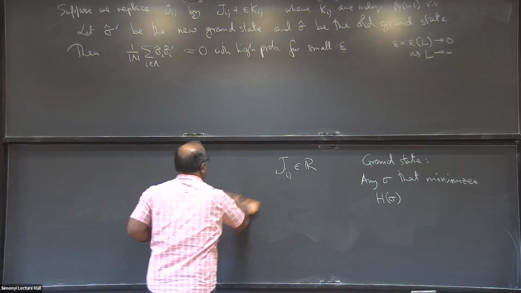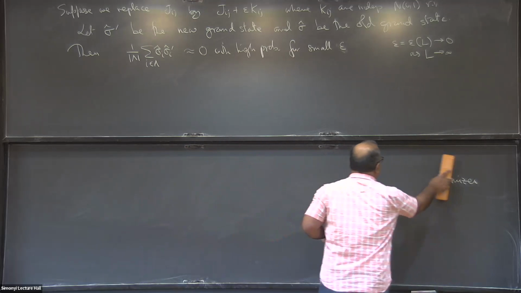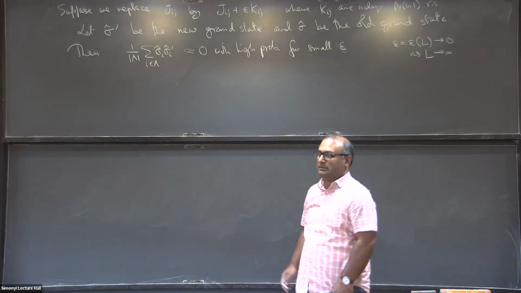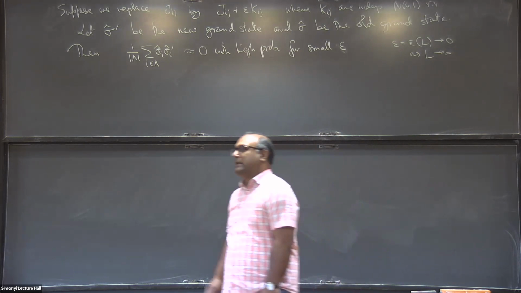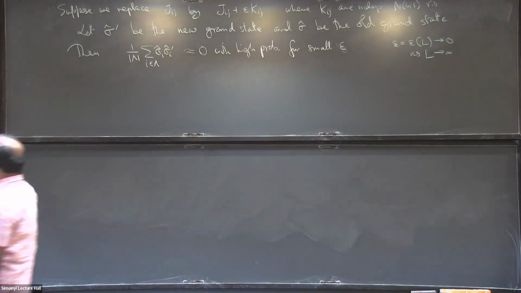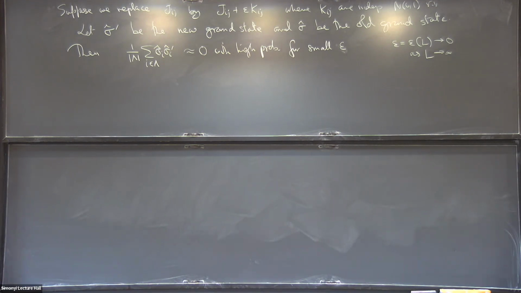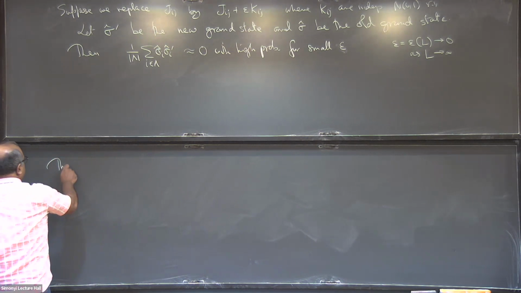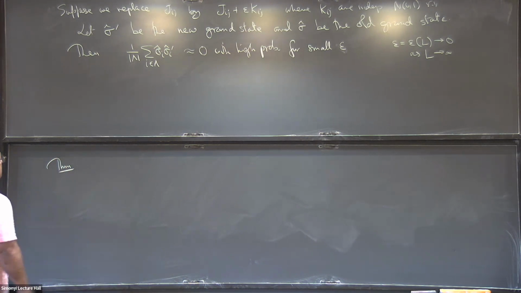Question: is the boundary condition important, whether you take it periodic or? No, it's not important. Right now I'm taking free boundary condition, so I'm not putting anything, but it's not important. In the paper, you'll see all boundary conditions are covered. You need slight modifications of the proof for different boundary conditions, but it generally works out. So here is the theorem,